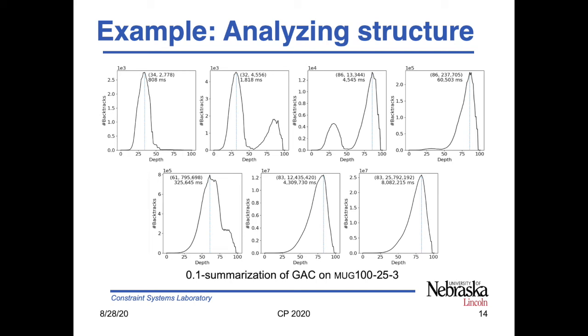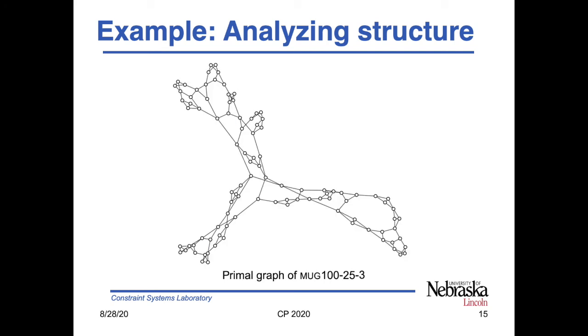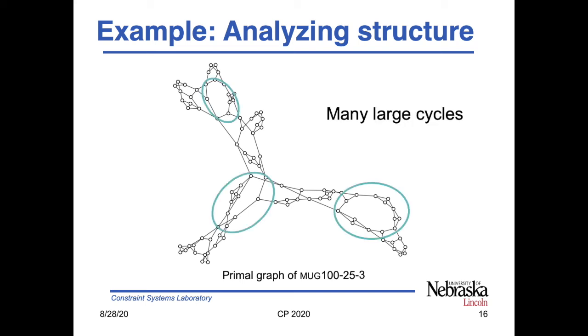The second peak actually grows until it overtakes the first drastically. This can be indicative of structural issues, so we analyze the primal graph of the instance. Looking at the primal graph of the instance, we actually see many large cycles. From experience, we know that cycles can vastly hinder search, and so we apply a new experimental higher level consistency